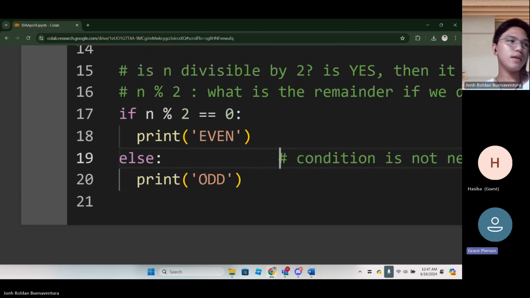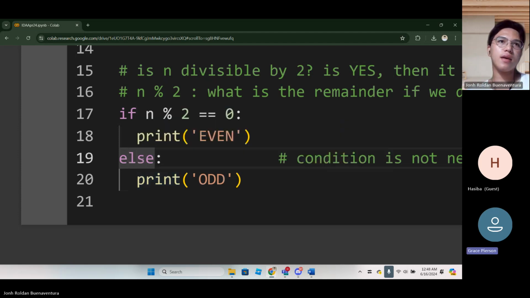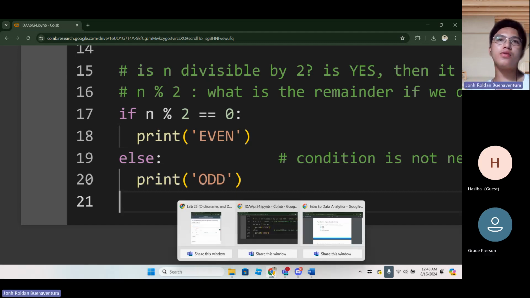So if you write something with if and elif, does it need an else? If you use if and elif, else is not required. Ah, okay. So elif can exist without the else.